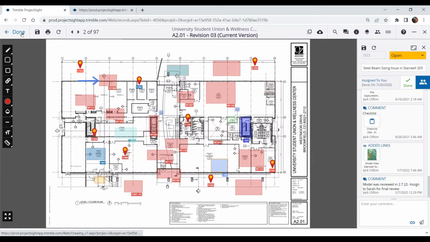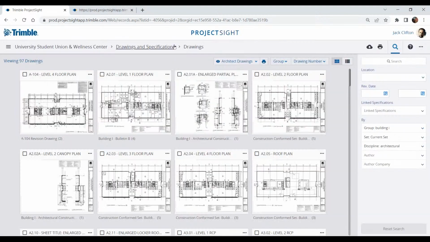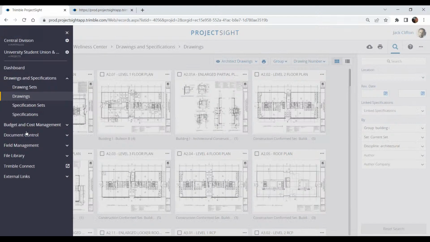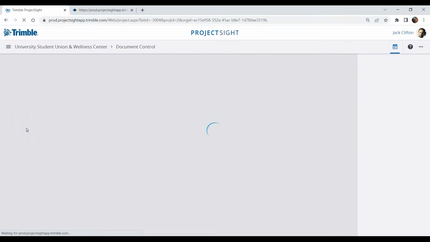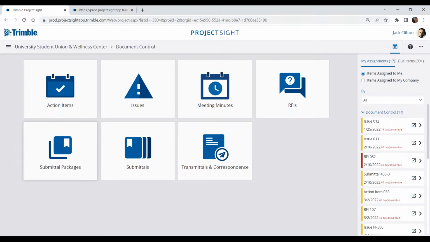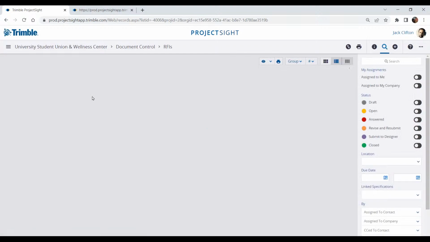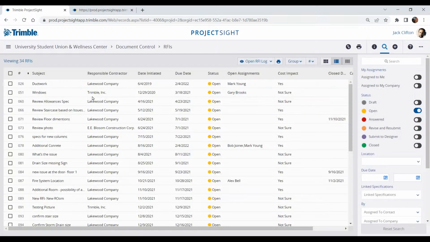All right, so I'm going to click done, and we're going to navigate into document control next. All right. So as you can see, here's where I have all the different seven submodules. You saw how I easily was able to create and look at the RFIs on the drawing. So the RFI module, of course, has its own respective module where you can come in and do all kinds of things. On the RFI module, we always start you off with a log, right? So we always want you to see